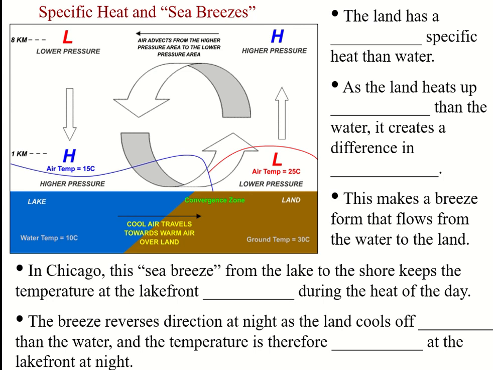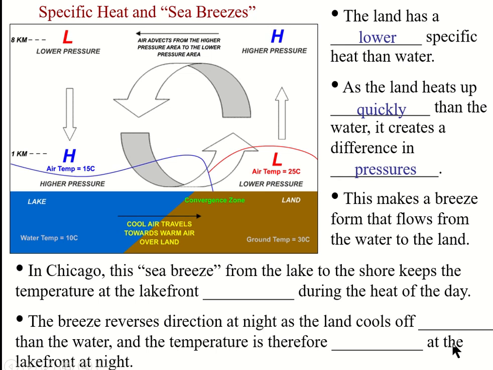Another case of this is ocean breezes. Ocean breezes occur because the land has a lower specific heat than water. And so the land will heat up quicker than the water at the ocean. And so because of this, you're going to have a difference in pressure. And when we have a difference in pressure, we know that things are going to move from high pressure to low pressure naturally. And so this causes this ocean breeze to come in, and it flows from the water to the